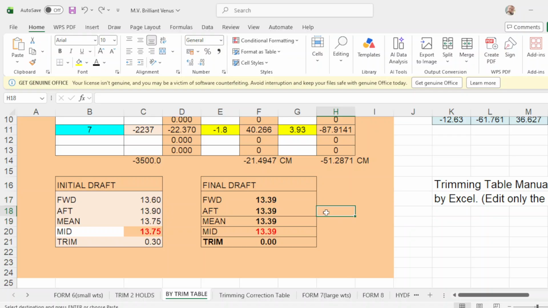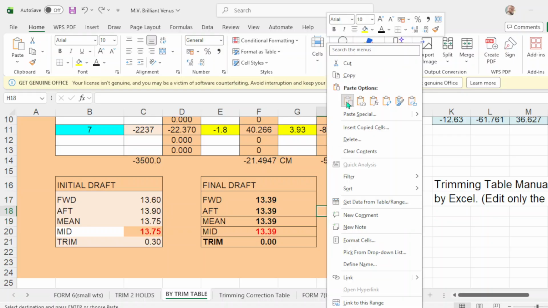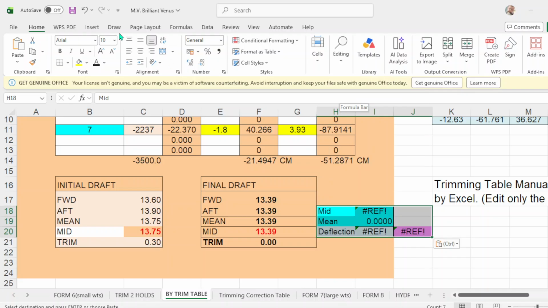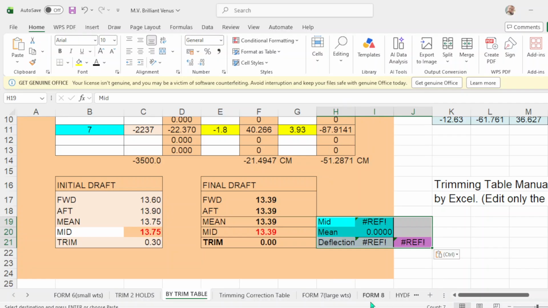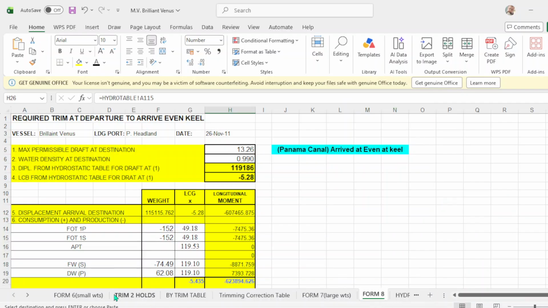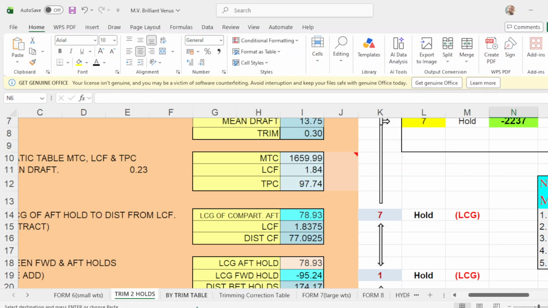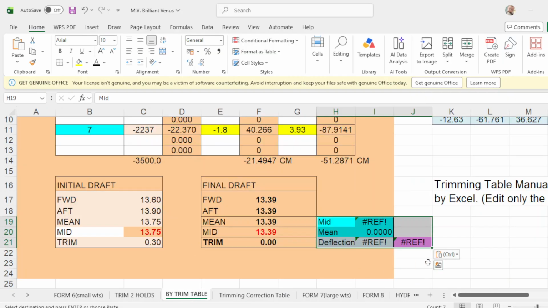One, two. Paste. Okay. Table. Okay. Your mid, put equals.